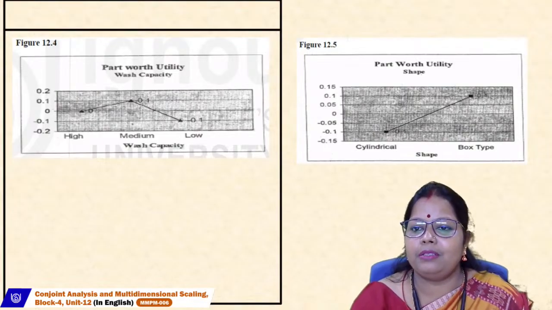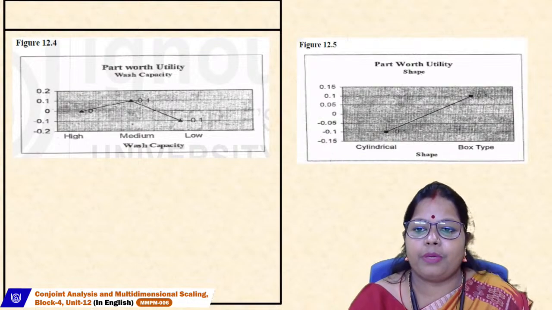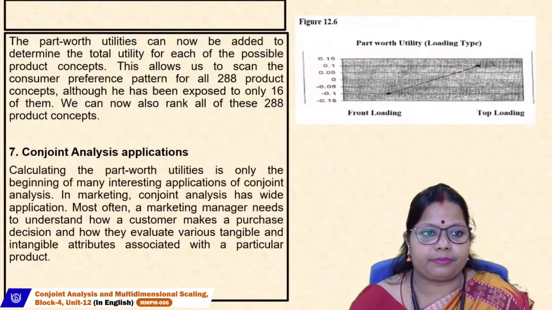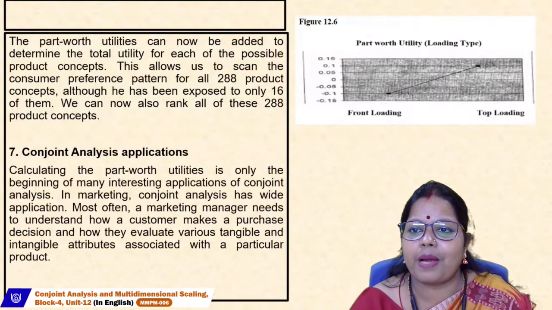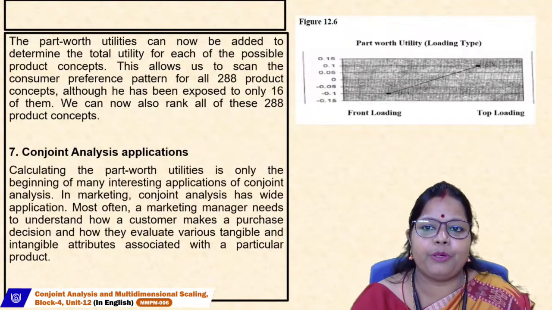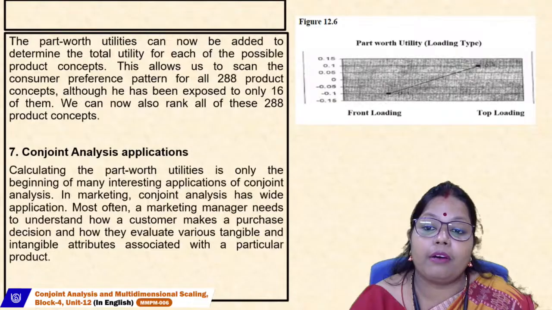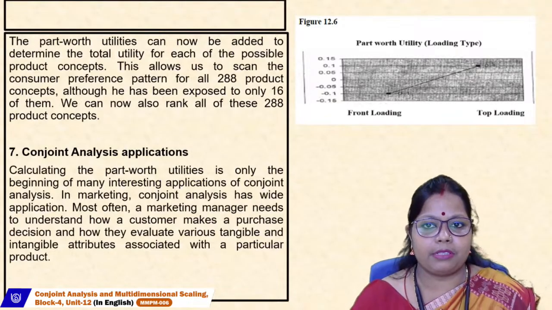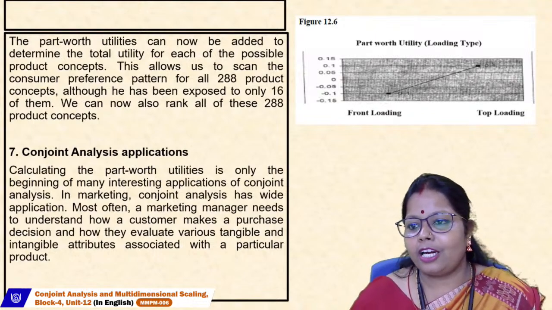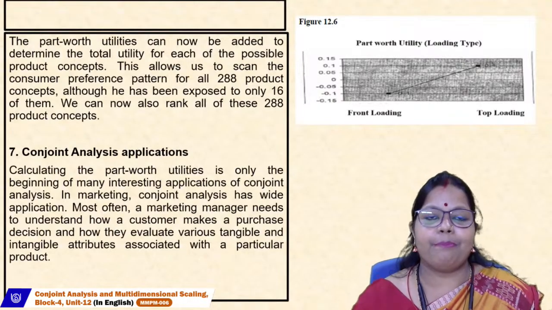And coming to the part worth utility of shape, we have cylindrical and box type. Actually, the box type washing machine is preferred by the consumers the most. And the last one was the part worth utility of loading type. In the loading type attribute, we had only two levels. The levels are front loading and top loading. We can see here that top loading washing machines are more preferred by the consumers or customers in comparison to the